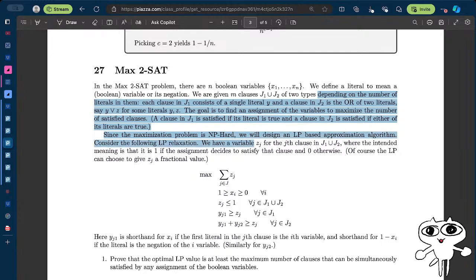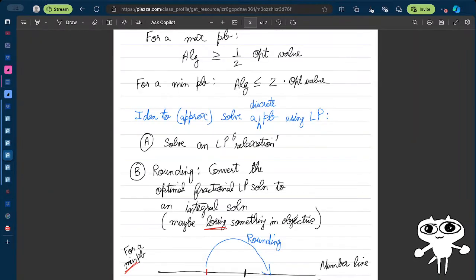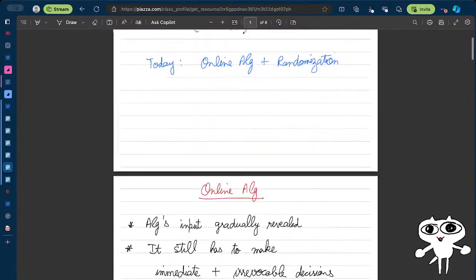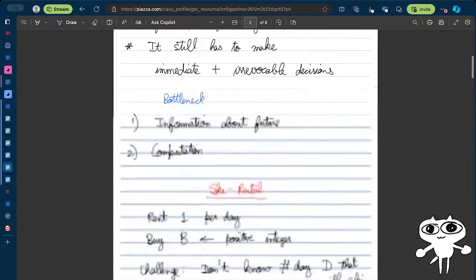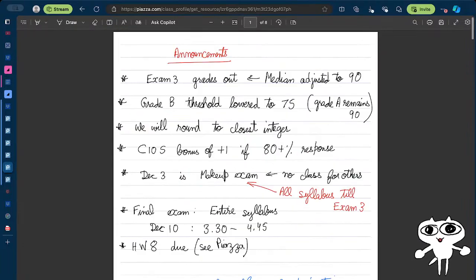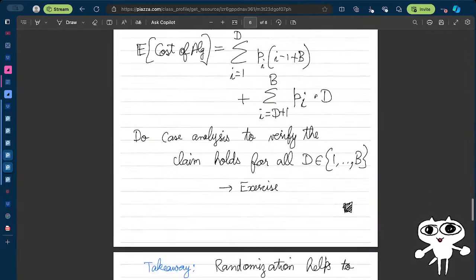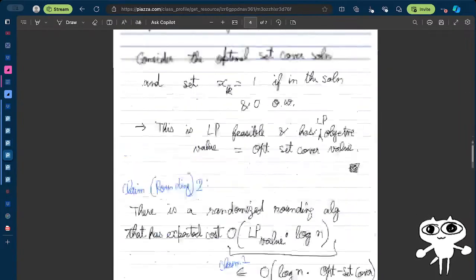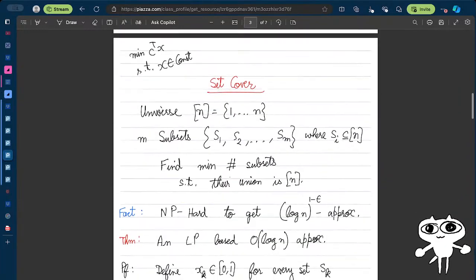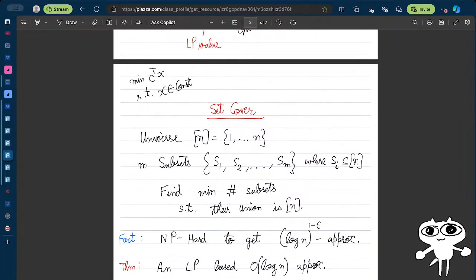Consider the following LP relaxation. We have a variable z_j for the jth clause. Okay, hold on. So what is discussing the LP relaxation, right? This part's discussing LP relaxation, right? Wait, which is this? No, this is the online algorithm. So what I could do is scour for facts from this one, and I could just write down facts, right? Okay, so let's just do